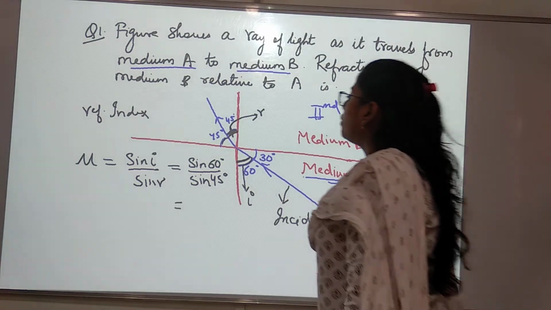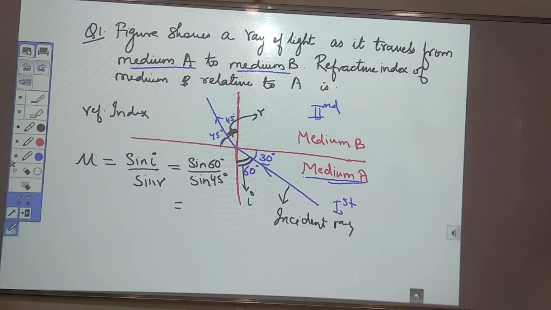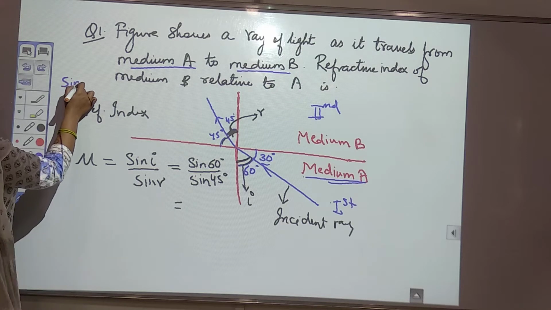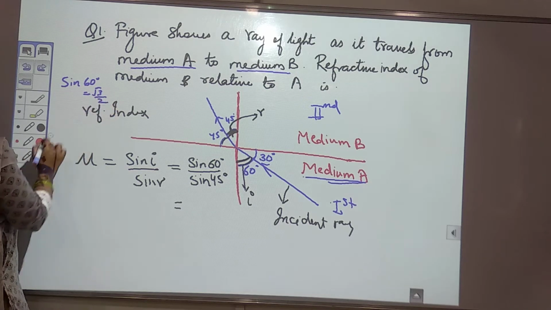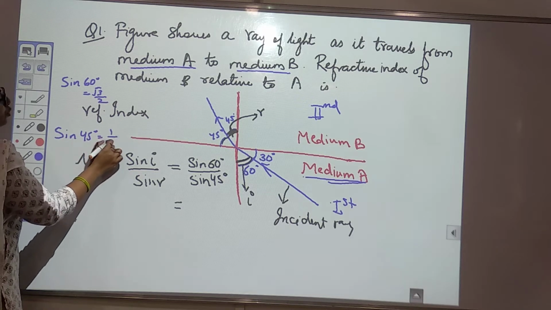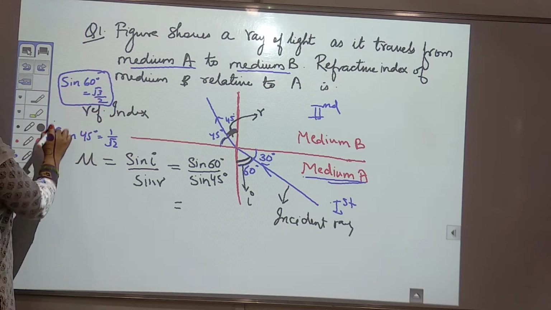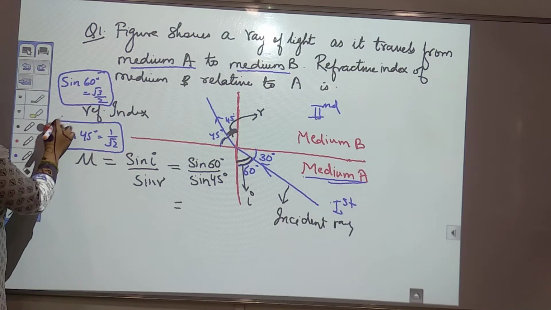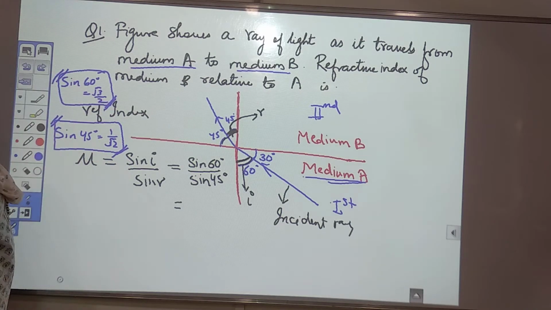Now, I hope you have done it. If you don't understand, then you should know this. You have already studied in trigonometric ratios the value of sin. The value of sin 60 is √3/2, while the value of sin 45 degree is 1/√2. Write this down in brackets. You have to understand and learn these values, because these trigonometric ratios are useful in maths as well as in physics.